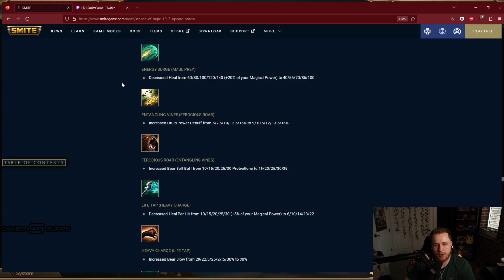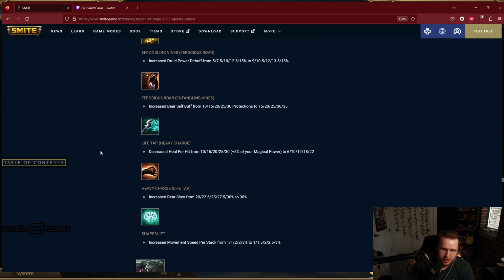Entangling Vines is now going to be 5 to 15%. Instead of 5 to 15, it's going to be 9 to 15%. Furious Roar, to increase the self buff from 10 to 30, it's now 15 to 35. Life Tap, which is our 3 in Druid form, is now going to be 6 to 22 healing. The dash is now going to be 30% slow instead of 20 scaling up to 30. And then Shapeshift, her alt, is going to be 1, 1.5, all the way up to 3 instead of 1,